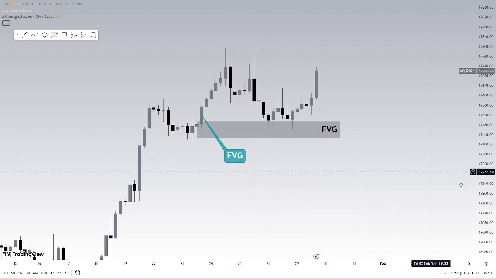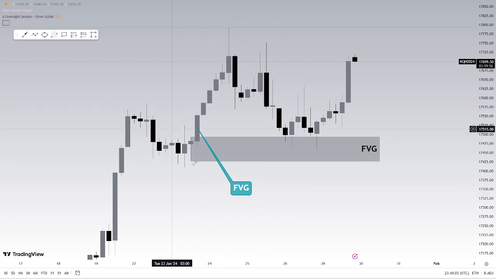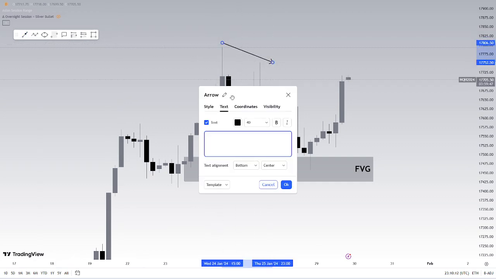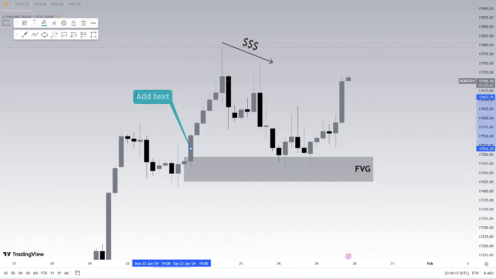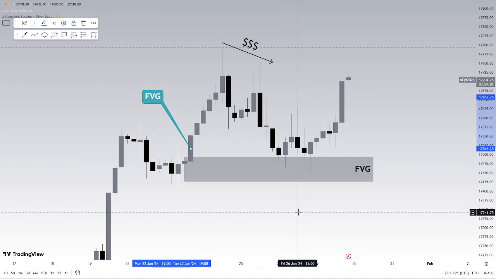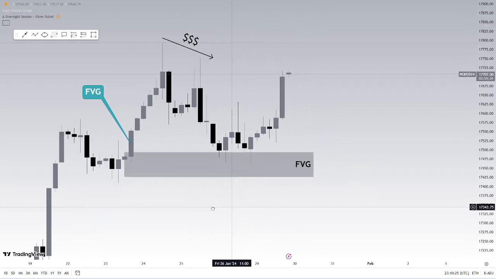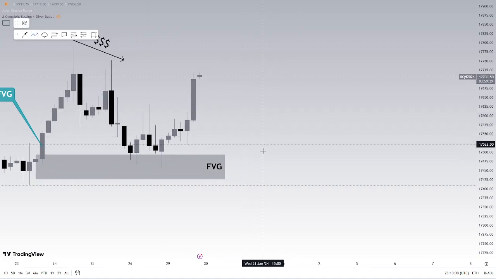Okay, so again, on the 4-hour to dissect, what we have over here is that we have price giving us a fair value gap in this region, and we see price giving us liquidity in the form of a trend line over here, a minor trend line over here. So with these two things, we have a fair value gap over here that's now been filled, or was filled last week on Friday, and today again on Monday as we record this, and we have liquidity above us to target. So with these two things, if we just go to the side, right, the very basic ICT model is